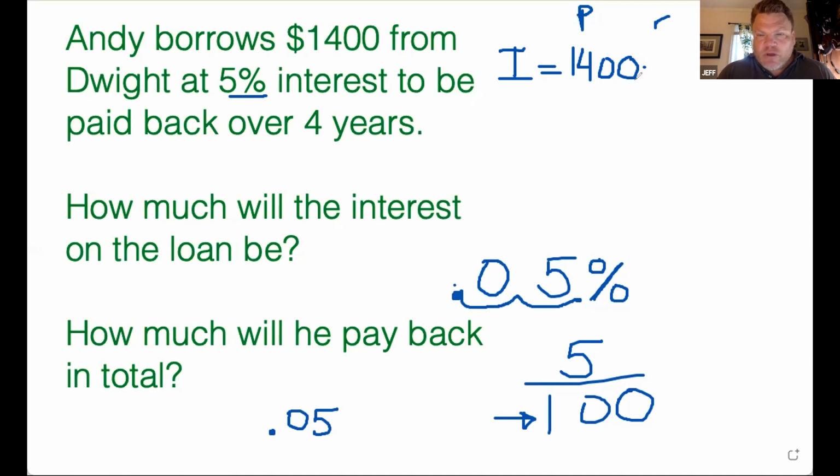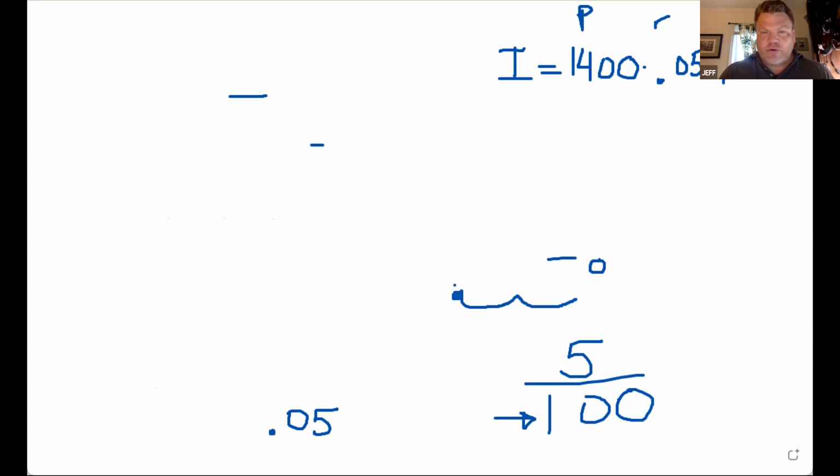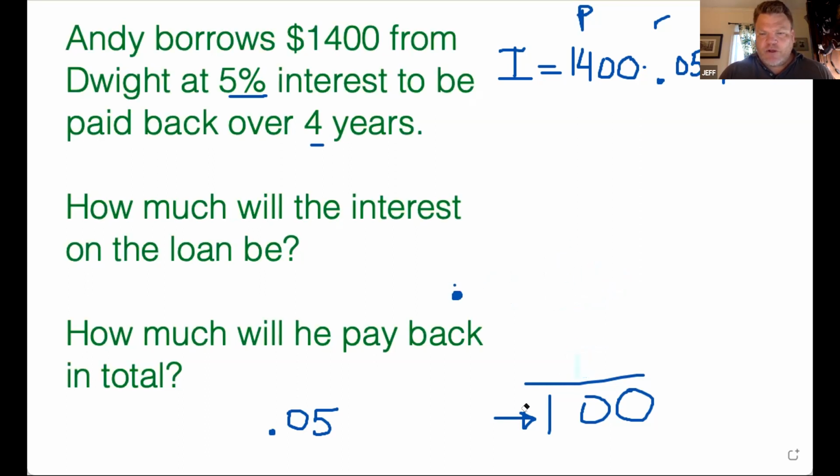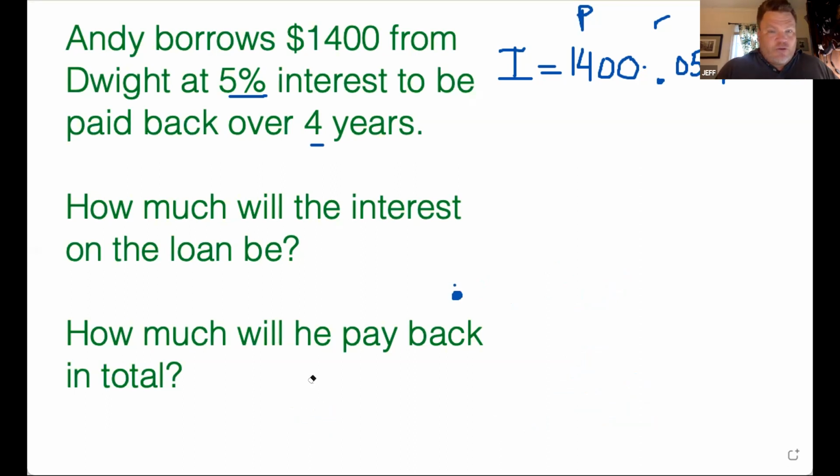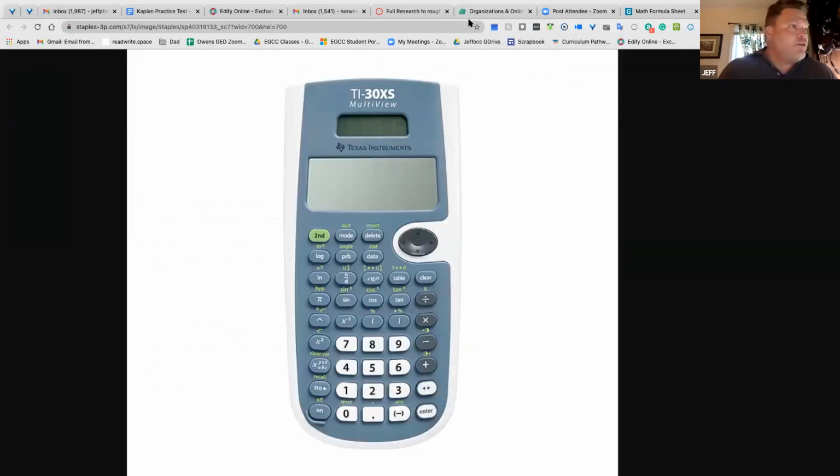So we go times 0.05. And then time is always in years. So then it's 0.4. If we type this into a calculator, we're going to get the interest. It's that straightforward. If we type all this into a calculator, it's going to give us exactly what we want. So if we glance over our calculator real quick, stop the share, we go over here. Okay, so if we feel iffy on a calculator,